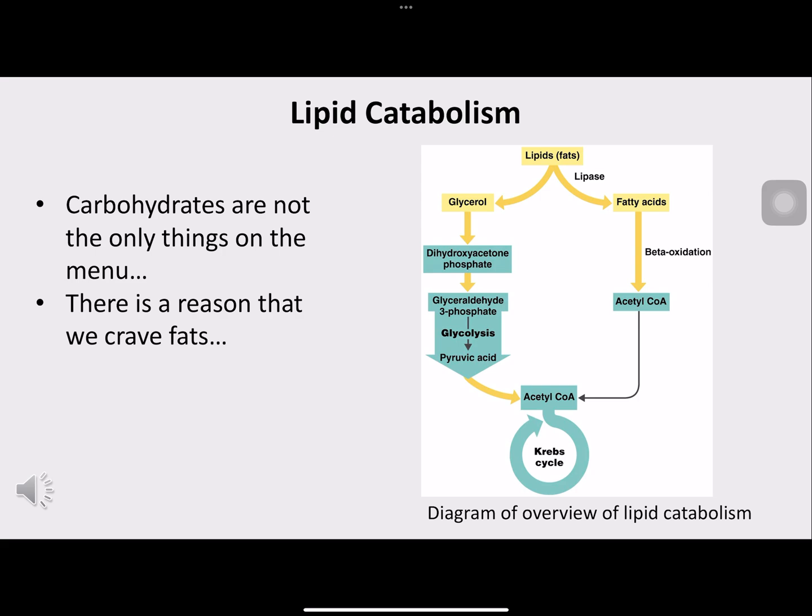Also, as humans, we are evolutionarily, genetically wired to crave fats. And what we're going to find is that that's because fats are very nutritionally dense. That is, we can get even more molecules of ATP from catabolizing a fat than we can a sugar. So that's why we have sayings such as living on the fat of the land, or killing the fatted calf